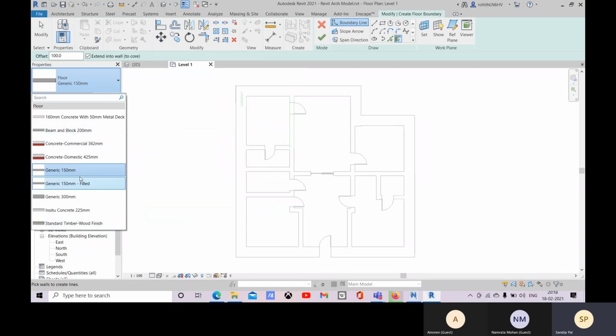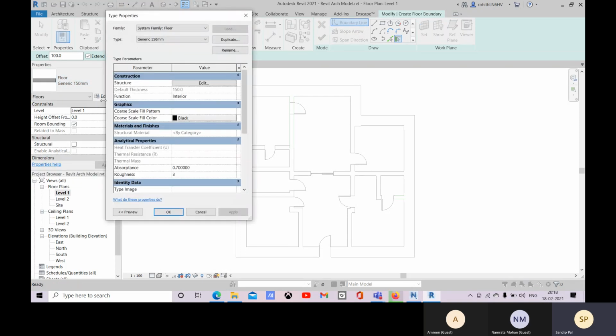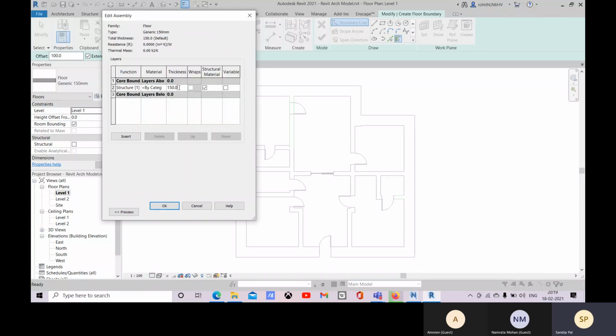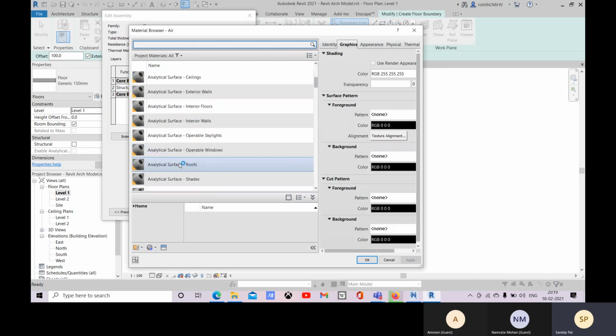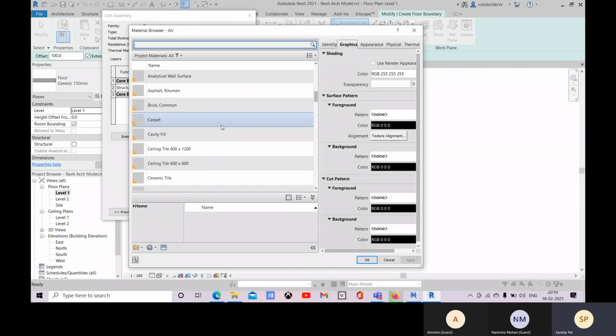Okay, so let's go with this generic option, and there if you go to edit type, you can create a new floor with different thickness. So for that you go with this duplicate, because this is also a system family. Okay, so if you want to create a new one, go with duplicate, and then go with this edit, and you can then define the thickness over there, and here you can change the material.